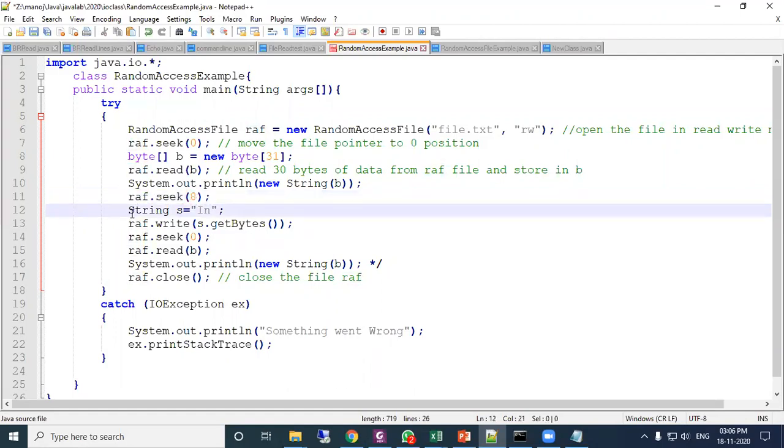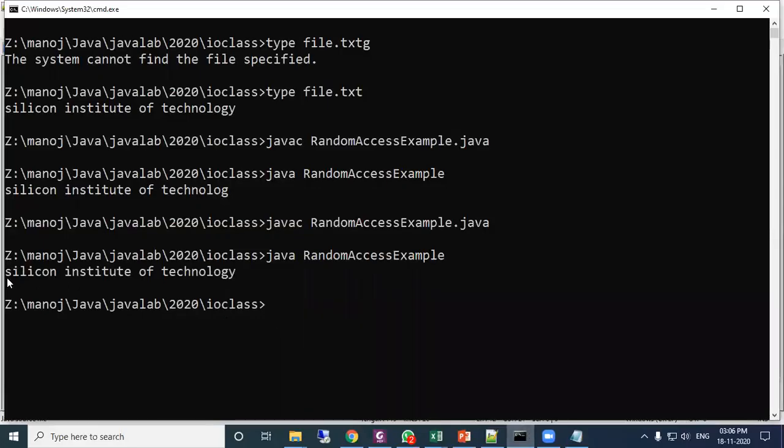Okay, then see here, string S equal to, within quotes, in I have written. So this is a string, just in I have stored here in S. Now RAF dot write. So RAF is pointing, just see your program. So 8 position means this is 0, 1, 2, 3, 4, 5, 6, 7, 8. 8 position is representing I.